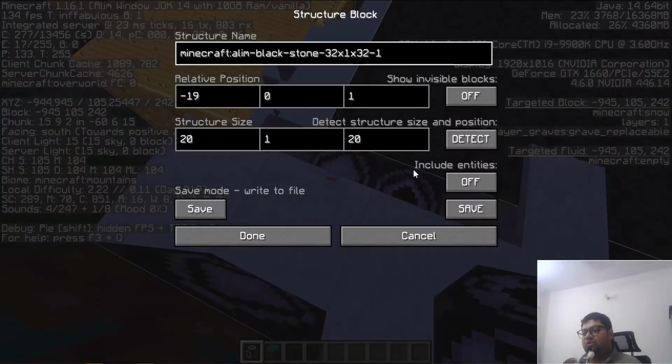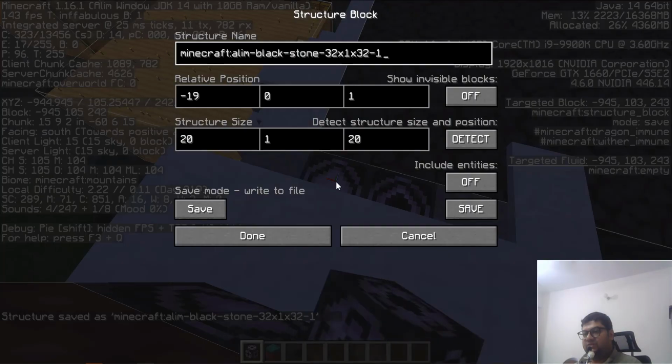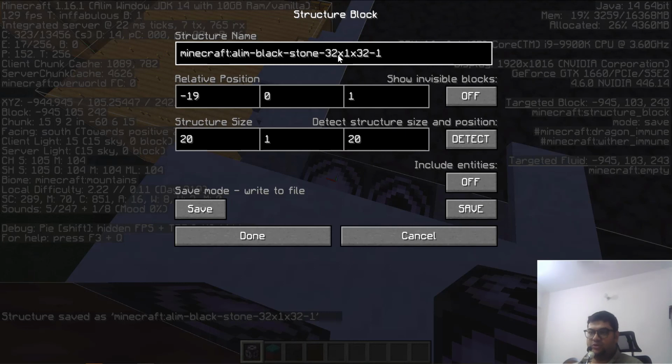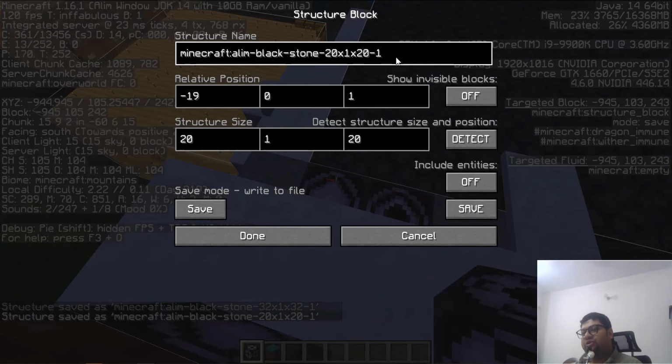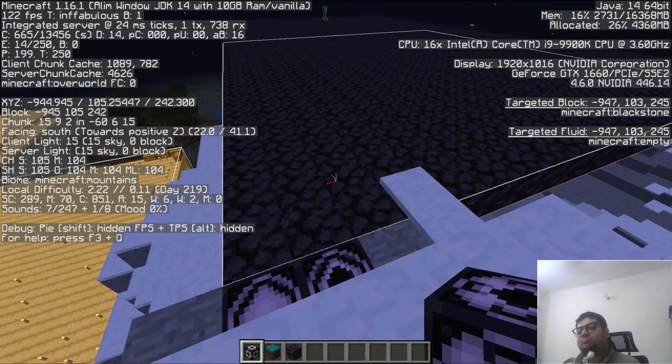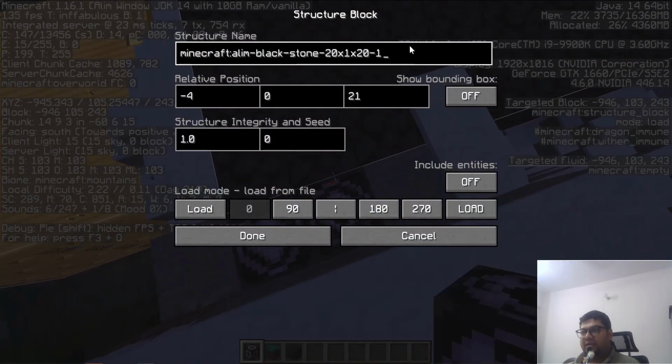Now the trick I'm going to apply is that we save this. We want 2 into 32. That's our main goal. Save this. I have 20 cross 1 cross 20. That is helpful because if I want to make a structure of 20 cross 1 cross 20, I will have this. Now I will use this load block again to load this 20 block, but this time from